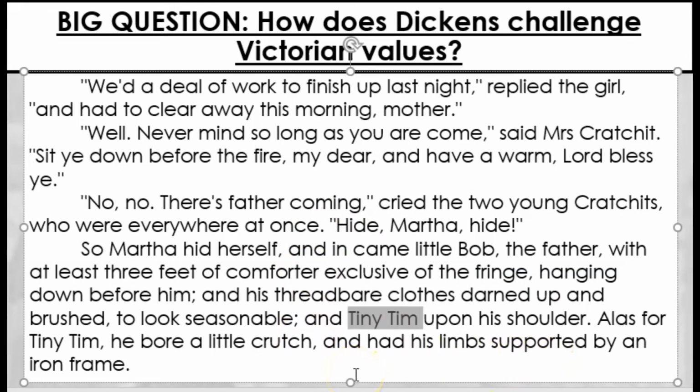So, this idea of Tim being very vulnerable, very weak, very dependent on the help of others. And of course, the family don't really have the money or the means to look after and care for him properly. So all the while, we have this great pity and sympathy for the family. But we admire them, nevertheless, for the fact that they try really hard to be happy, regardless of the difficulties of their personal circumstances.